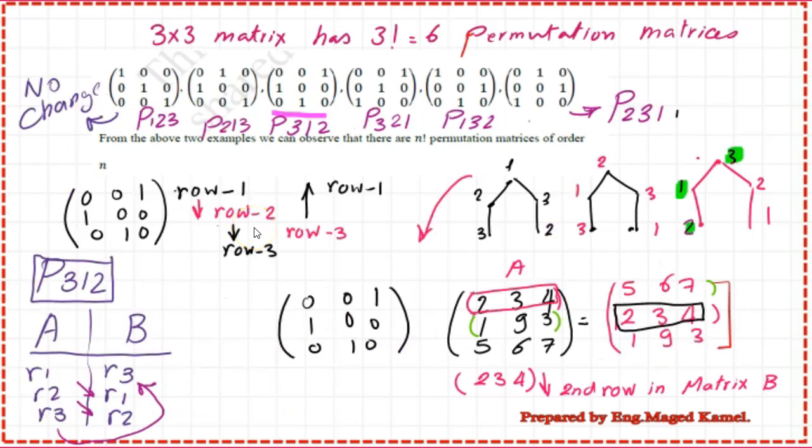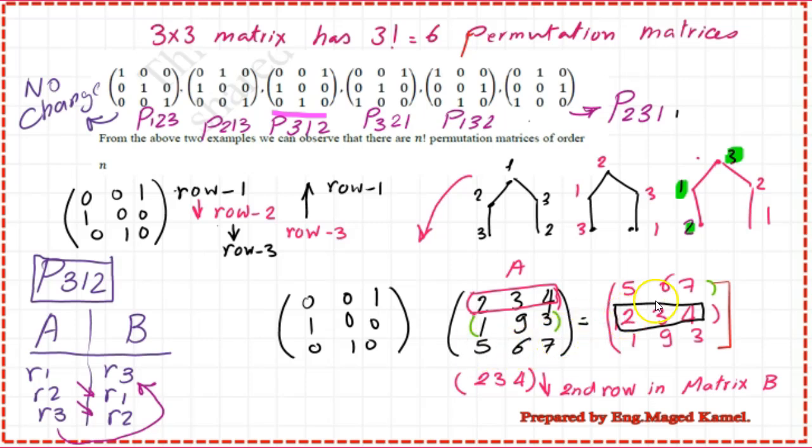In the next slide, we will review the B312 permutation 312. The first row is 0 0 1, second row 1 0 0, and 0 1 0 is the last row. Again, we are going to multiply by our matrix 2 3 4, 1 9 3, 5 6 7. We check this pattern. This is A, and this is B, the final. When we multiply from the left, the first row would become here as a second row, as the second row will move down, and the third row will move up.